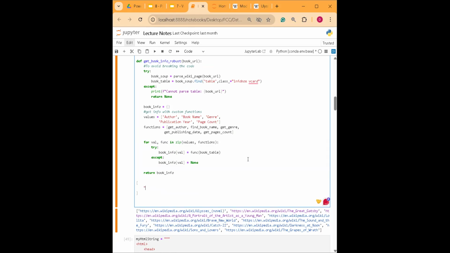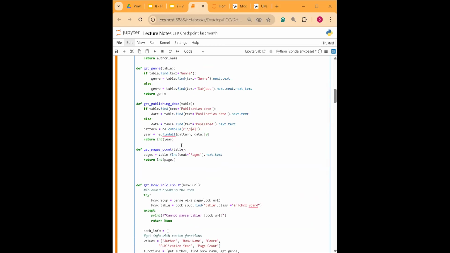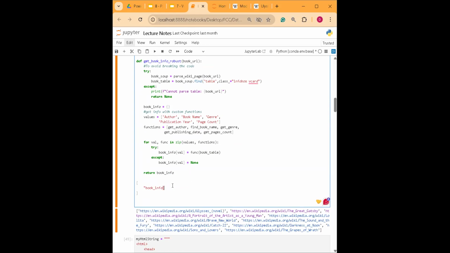Something like this: book underscore info, and then we have the first name of the info that we're looking for, like author. And then the value that it has is the function. It's kind of confusing because we're calling this one values, but the actual data for this one